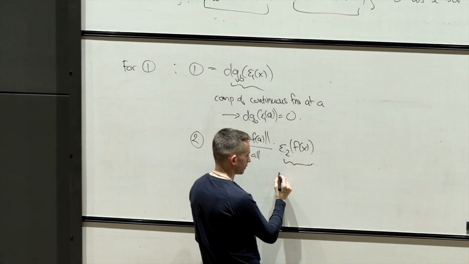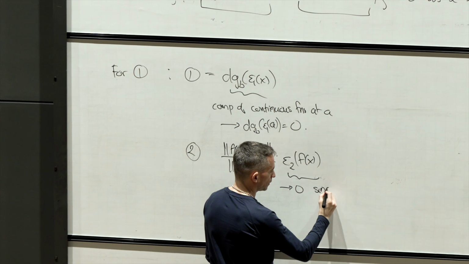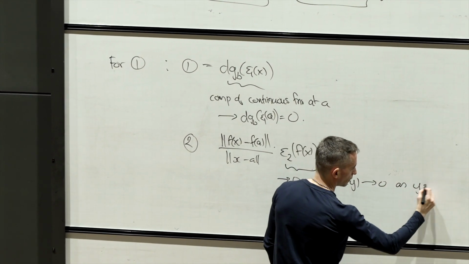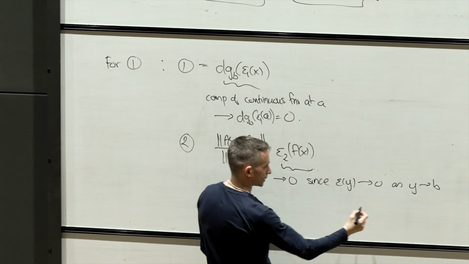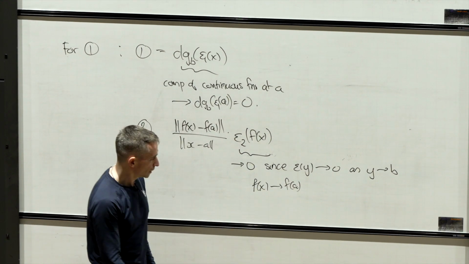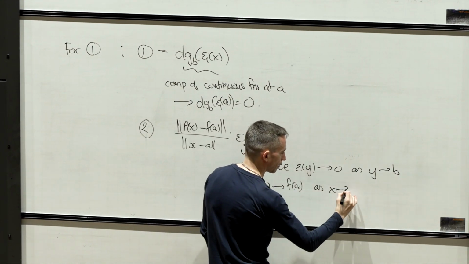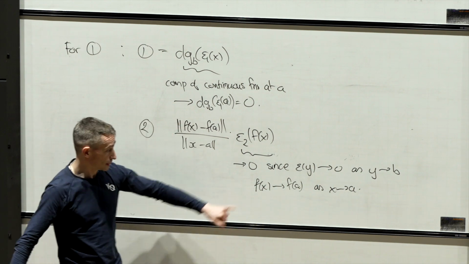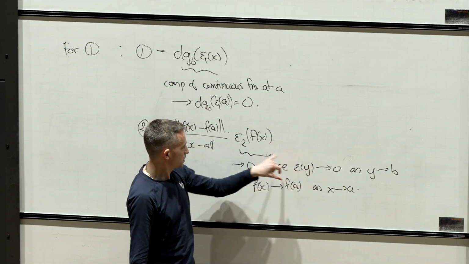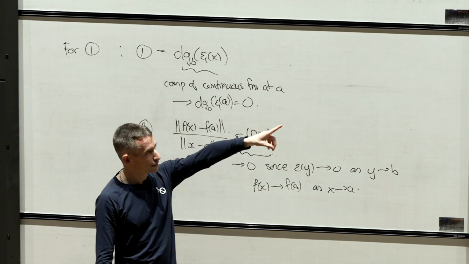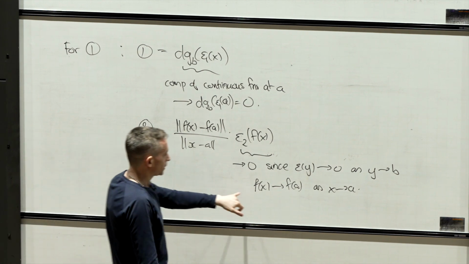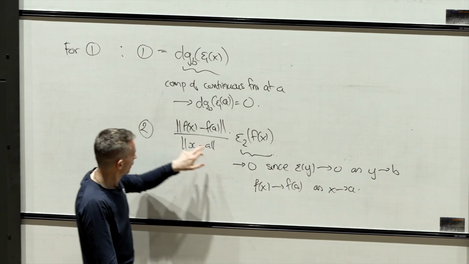So this goes to 0, since epsilon 2 of y goes to 0 as y goes to b, and f of x goes to f of a as x goes to a, because f being differentiable implies f is continuous. So for this second term, we need to use the lemma that differentiability implies continuity. You need to use continuity here, and then also in this factor,